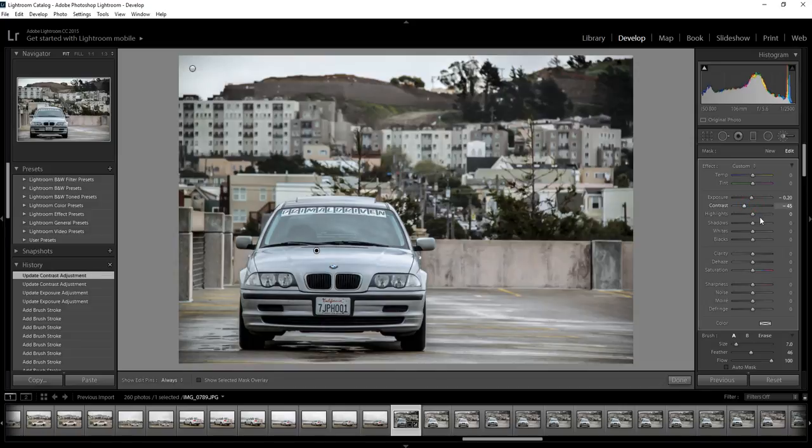Contrast, bring it down to like 45. I bring my highlights up so that I can still get the whiteness, but it's not too bright. Shadows I dim, whites I dim. For this picture I would have to dim. Blacks I dim as well. Clarity, I add a little bit more clarity. Same with saturation, and then I add my temperature. So right here at 11, that's way too much temperature, so I'm gonna bring it to like a 4